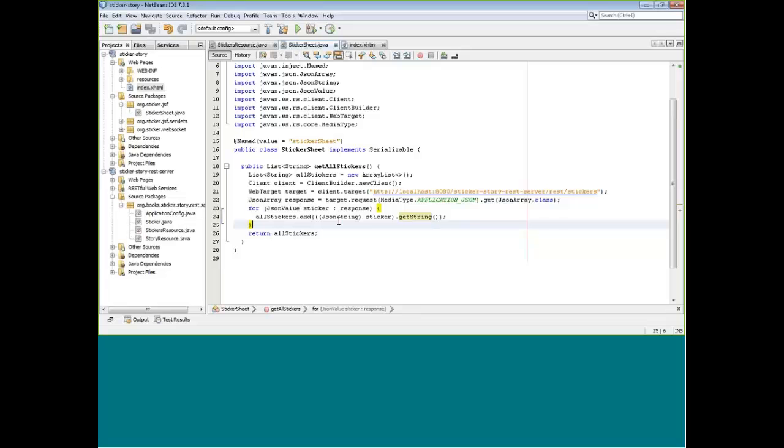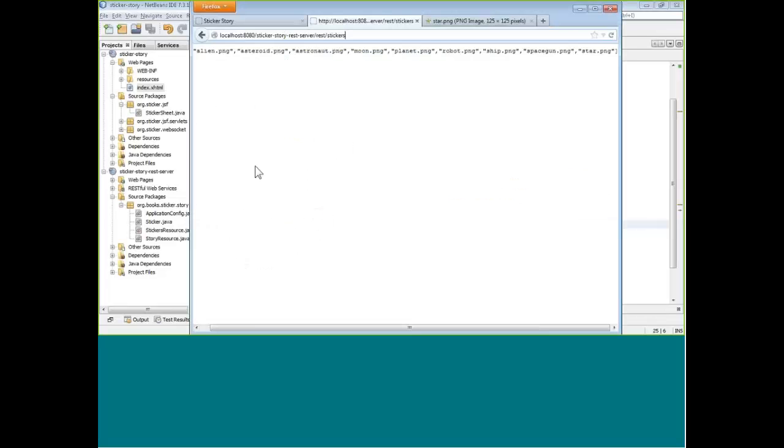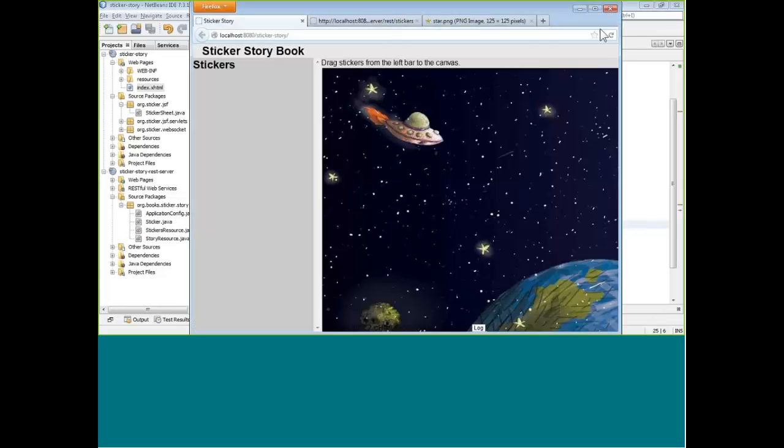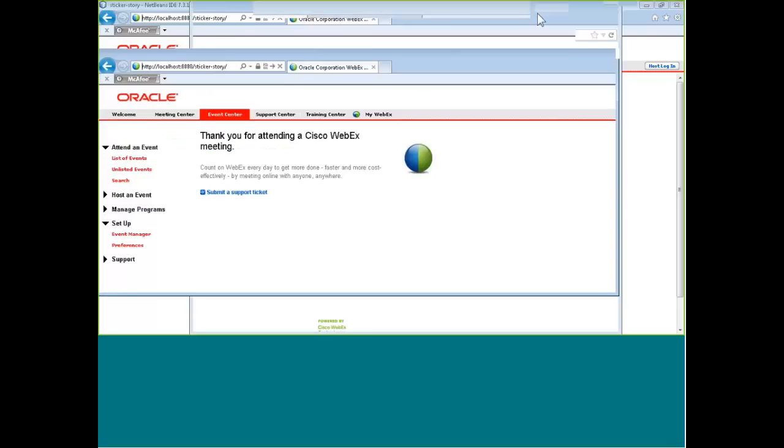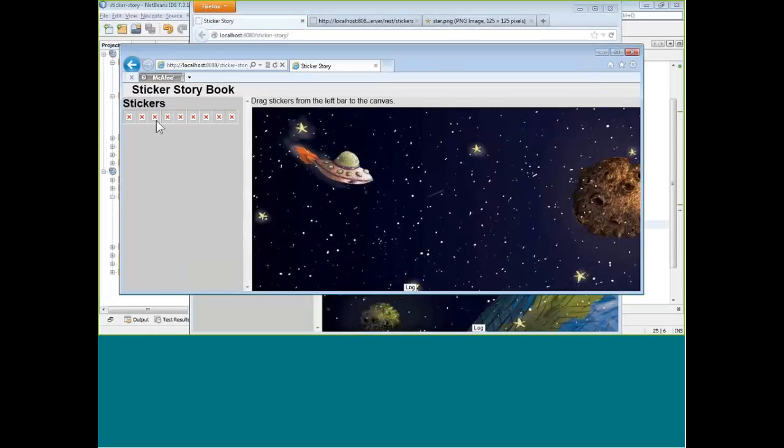If you send an array of objects, you will have to use a JsonObject instead of JsonString. If you send numbers, you will have to use JsonNumber instead of JsonString as well. So let's go back to our application. If this worked, then we should see some broken links on the left. Actually, let me open it in Explorer because that one actually displays those broken links. There you go. You can see that I have broken links here